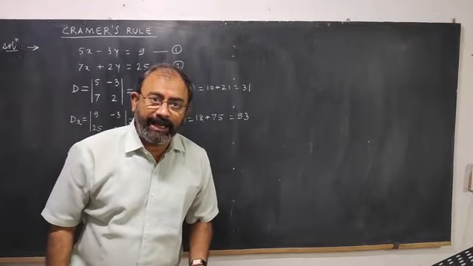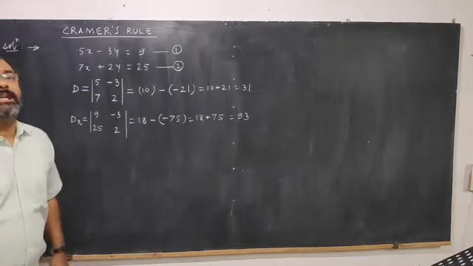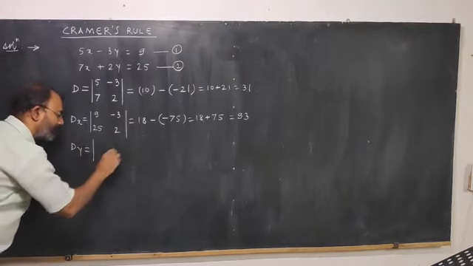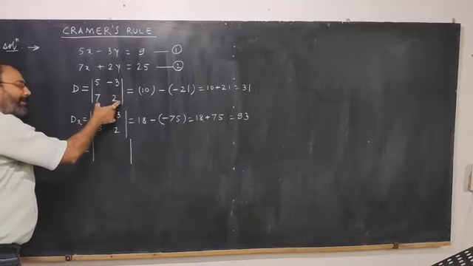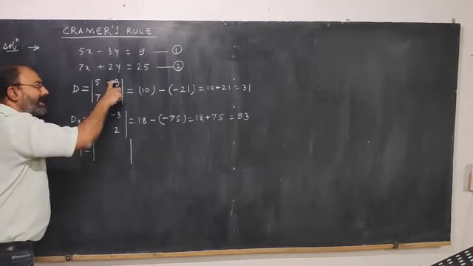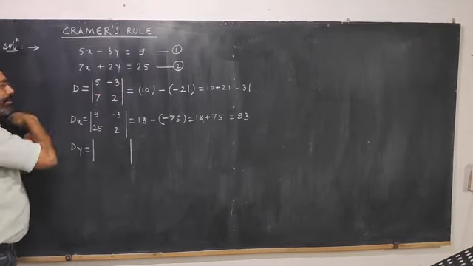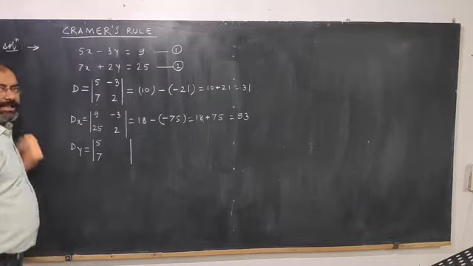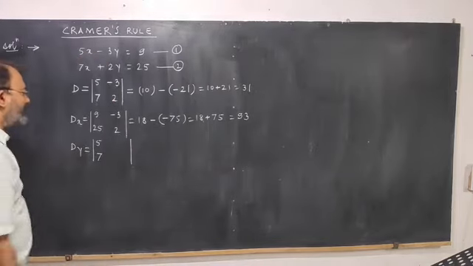Dx में हमने क्या किया था? जो पहला डिटर्मिनेंट था उसमें x के कोएफिशिएंट निकाल दिए थे. अब Dy में क्या करते? पहले डिटर्मिनेंट से ही Dx मिलता है, पहले डिटर्मिनेंट को रीअरेंज करके ही Dy मिलता है. अब हम क्या करेंगे? y के कोएफिशिएंट्स को हटा देंगे. y के कोएफिशिएंट्स we have to remove, keeping the coefficients of x as they are. Keeping the coefficients of x as they are, we have to simply remove the coefficients of y.